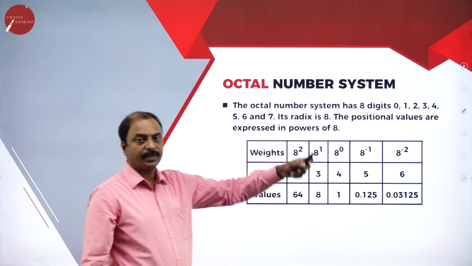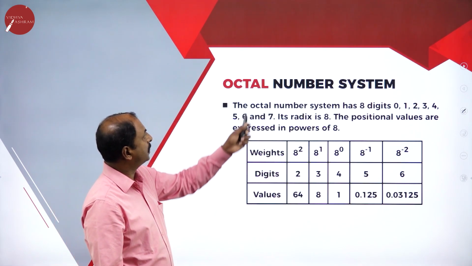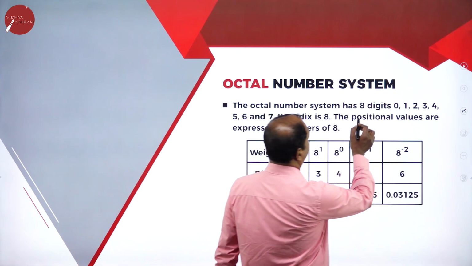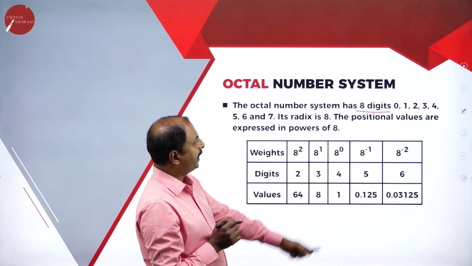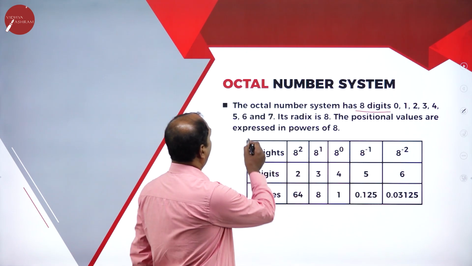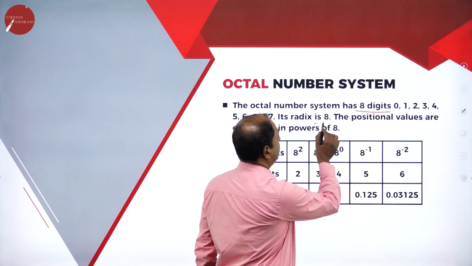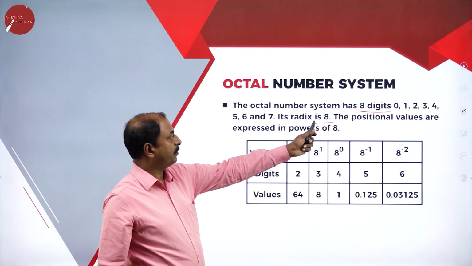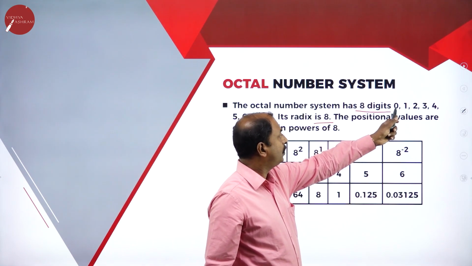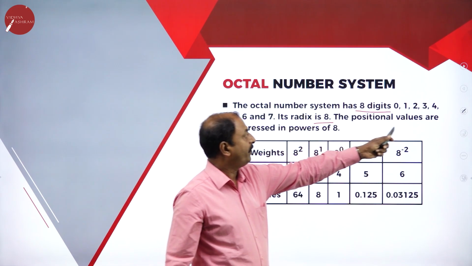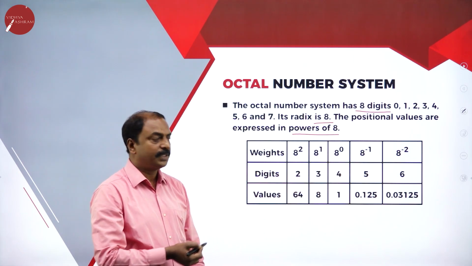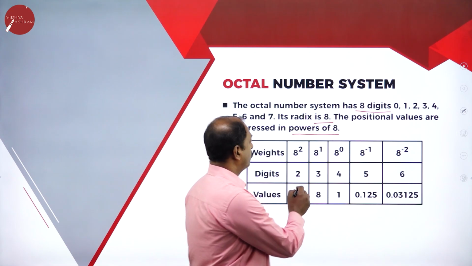It is the octal number system. Octal stands for 8. So the octal number system has 8 digits. Which are all those 8 digits? Starting from 0, 1, 2, 3, 4, 5, 6 and 7. Its radix, that is the base, is 8. So it consists of 8 digits starting from 0 to 7. The positional values are expressed in powers of 8, as we have seen in our previous number systems. For example,